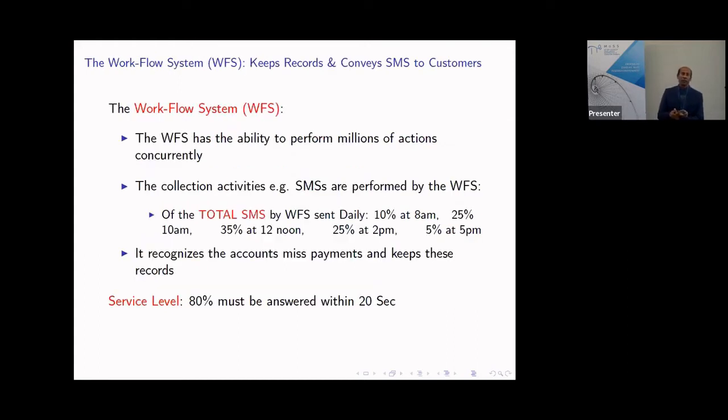So when the calls are received by the call center, these people will send SMS 1 through this piece of equipment they call the workflow system. Suppose you say 1,000 SMS for the day, then it can send by dividing: 10% at 8 o'clock in the morning, 20% at another time, you program it in this way, and then 35% at lunchtime, and so on. It just doesn't send at one go. So that's how it is.